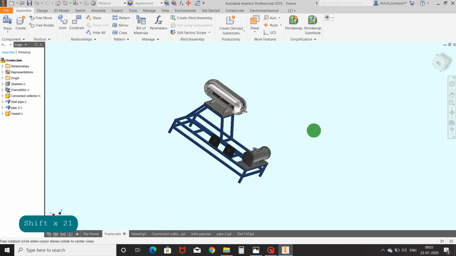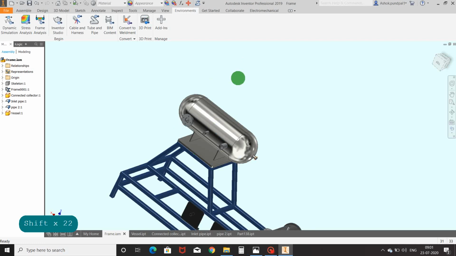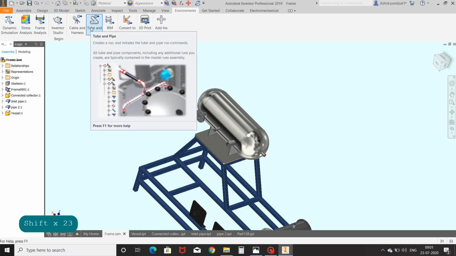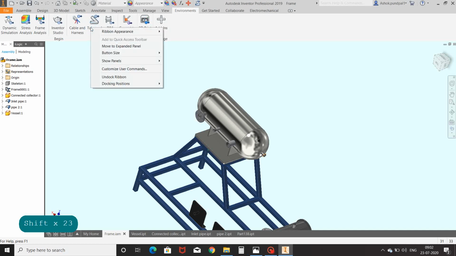Go to the Environment tab. Here you can see the tube and pipe command. You can add this command to the quick access toolbar by clicking on Add to Quick Access Toolbar, to quickly access and use this command.